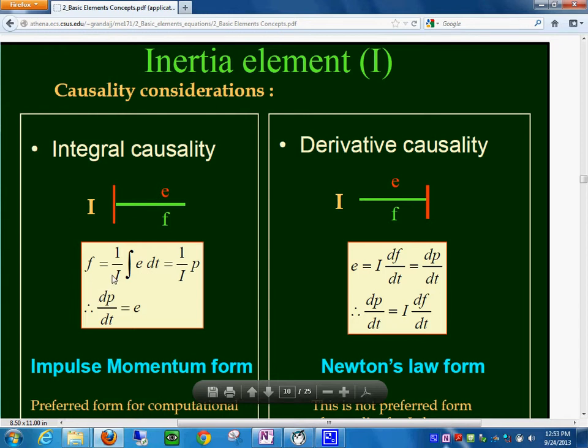This is the velocity to momentum relationship, 1 over I times P, or 1 over I the integral of P dt. dP dt is equal to, this is very important. And then you have that in the other side, E is the output, so everything needs to be put in terms of that. So E is 1 over